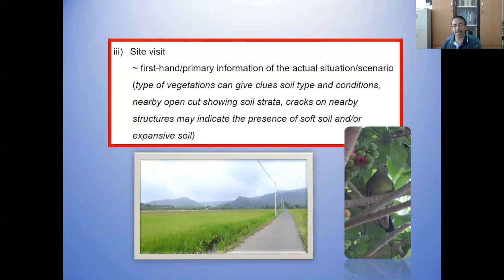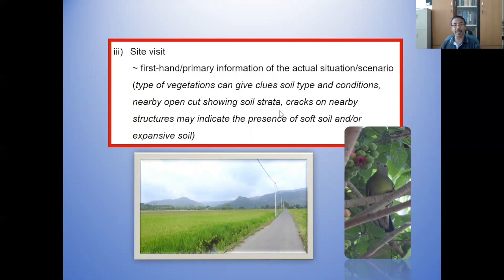By looking at the vegetation, maybe we'll be able to get clues in terms of the type of soil and condition, whether it's a sandy area, a watery area or a dry area and so forth. If open cuts are available within that area, we'll be able to see the soil strata for